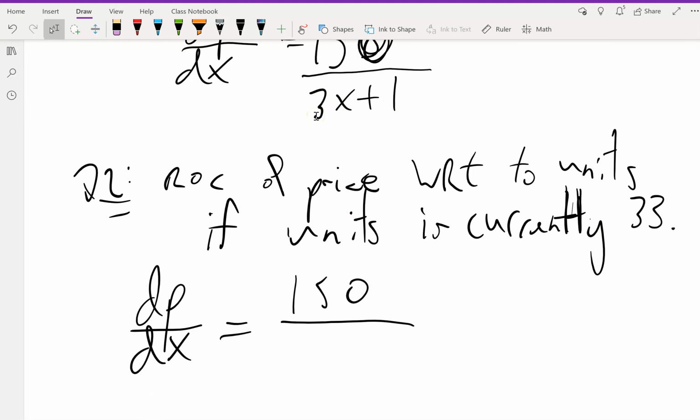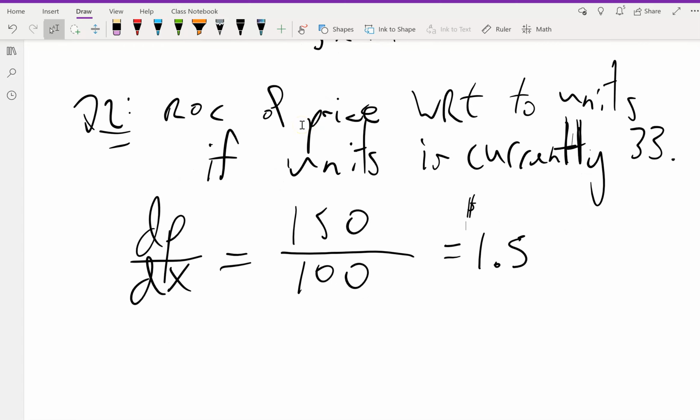33 times 3 is 99. 99 plus 1 is 100. So we get 150 over 100. What this is is my change in units. 150 over 100. Let me just take my calculator so we don't make any silly mistakes with you guys. That's 1.5. And so what I see here is a $1.5 increase per unit increase. That's what this is. If you want to increase from 33 to 34, I would expect a $1.5 supply increase